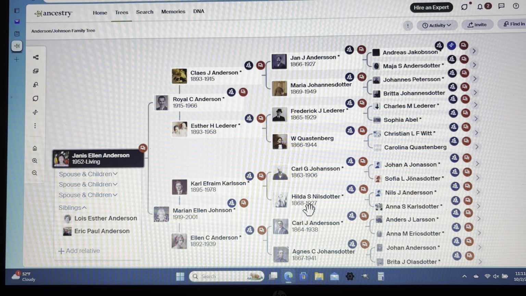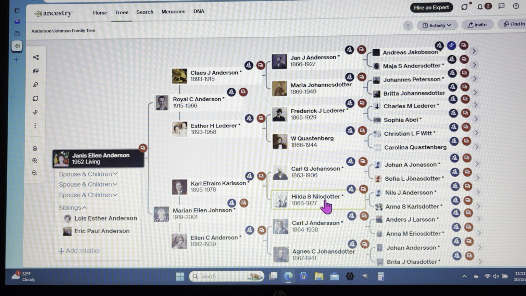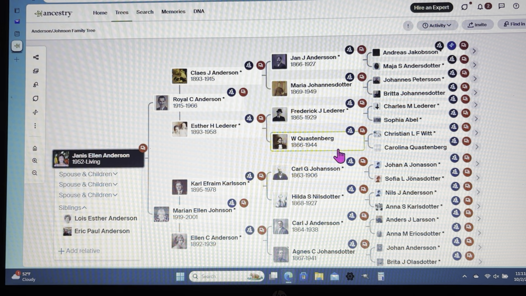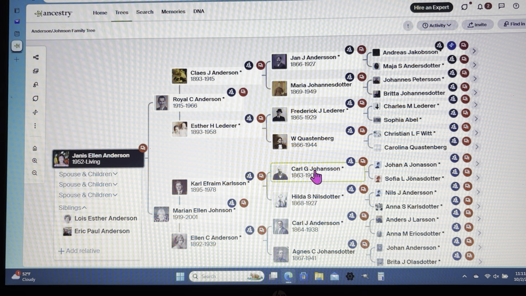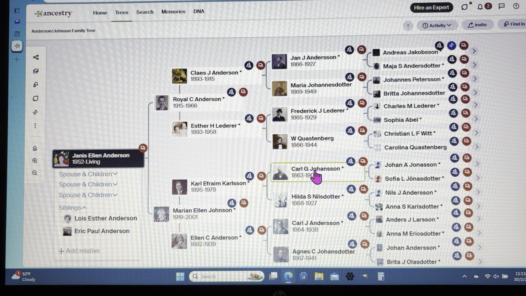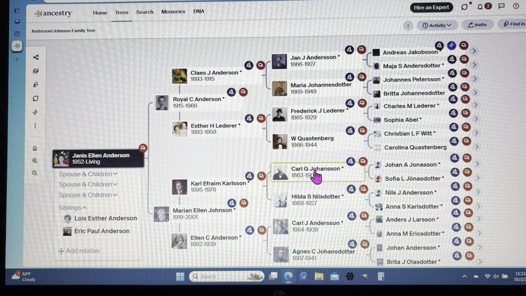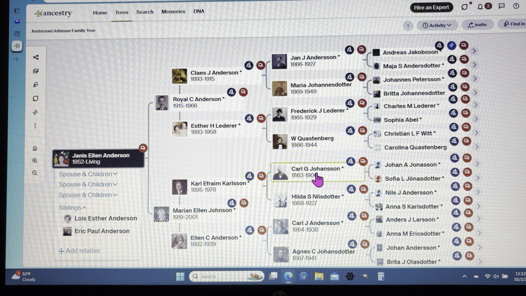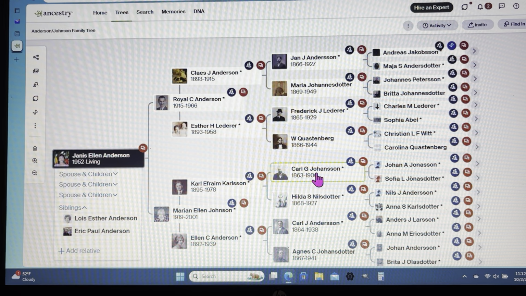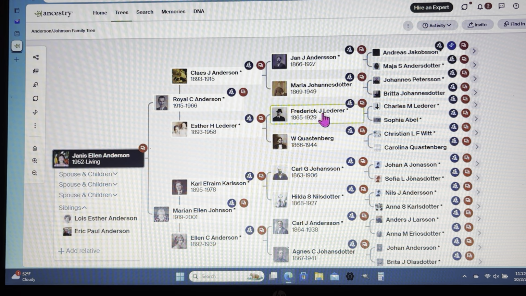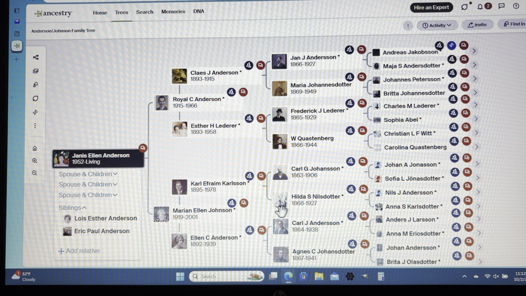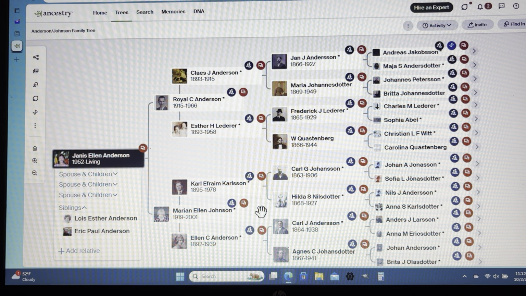When you get into these folks and you want to verify information, you end up looking at records written in a language, obviously Swedish and in this case German, and not only is it another language, but sometimes the handwriting is so old style that you can't even make out the letters to punch into a translate program. And they used abbreviations and all sorts of things. So it complicates finding information about folks whose ancestors haven't been in the country longer.